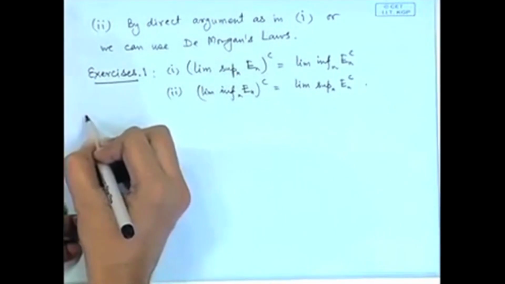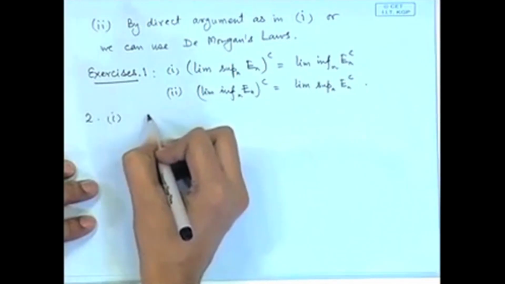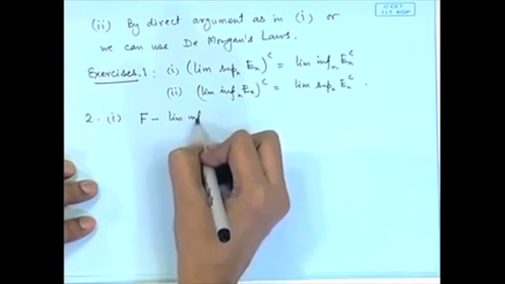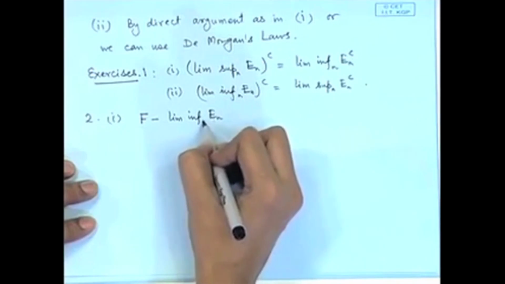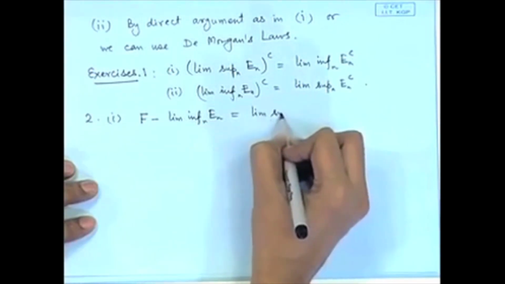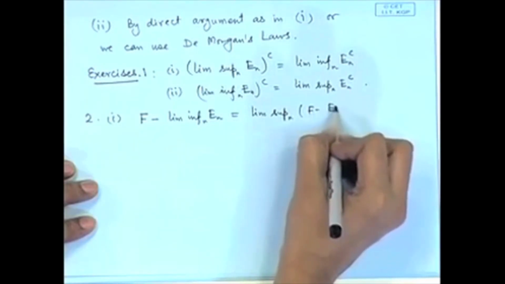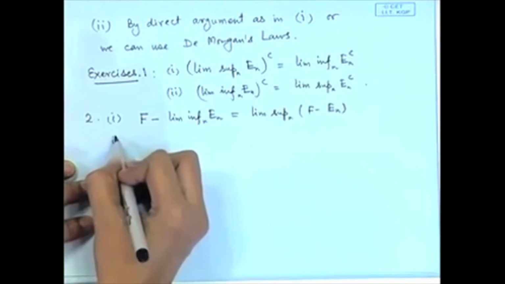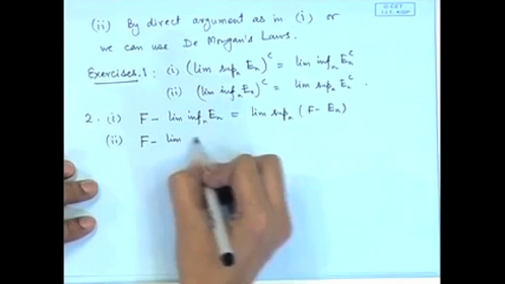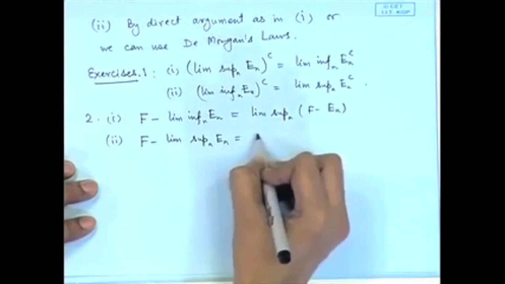An extension of this exercise would be: if I consider F minus limit inferior of the sequence En, then it is equal to limit superior of F minus En. In a similar way, if I consider F minus limit superior of En, then it is equal to